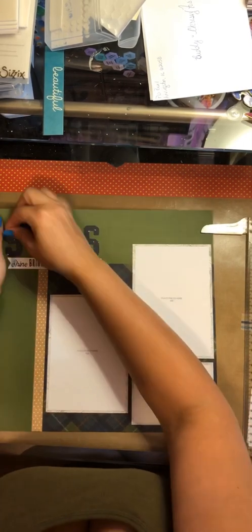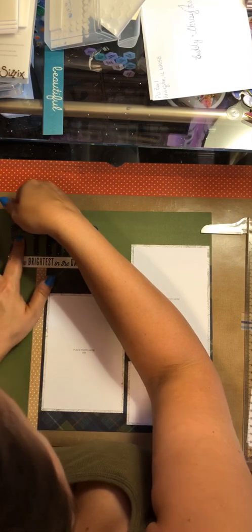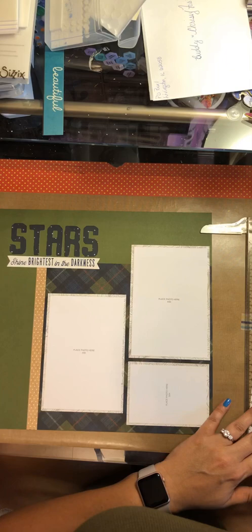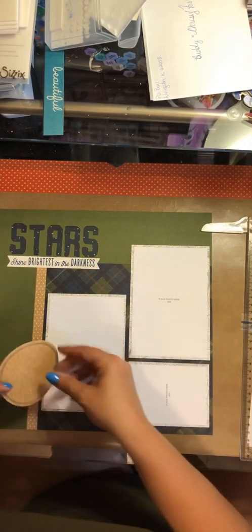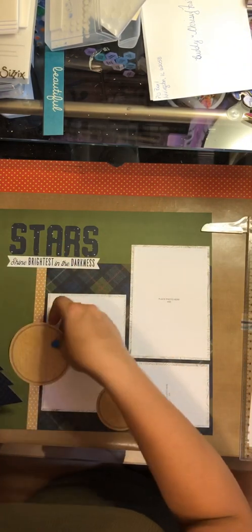I'm going to, what I think is adding shimmer, until I realize that there's really not a lot of shimmer coming out. So I give it a few good squeezes on one of these embellishments that I put down, and then it twinkles. Now I have these die cuts, and I'm going to fuss with this for a minute